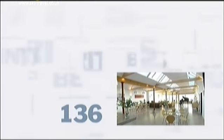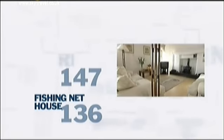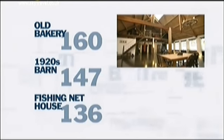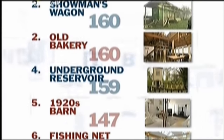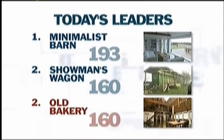So let's have a look at how things are standing. In third place today with 136 points is the Fishing Net House. Doing slightly better with 147 points is the 1920s Barn. But top of today's houses with 160 points is the Old Bakery. Let's compare these to yesterday's conversions. Well, the Fishing Net House only makes it to 6th place, just behind the 1920s Barn in 5th. But just making it into the top 3 is the Old Bakery, with the Showman's Wagon and the Minimalist Barn. On tomorrow's programme,